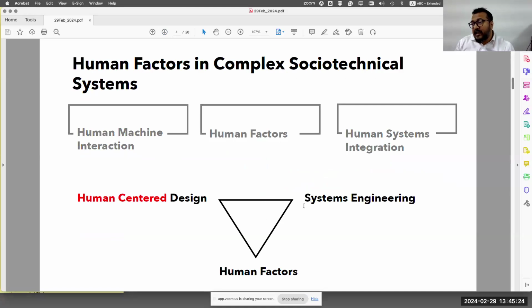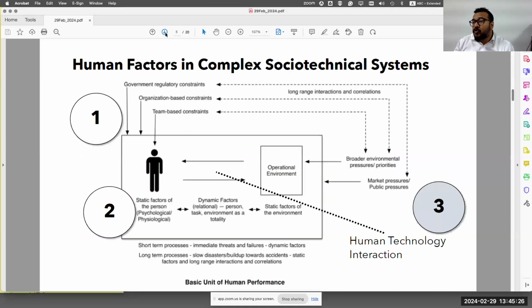The reason why we have to do this is because complex systems are slightly different from your everyday, non-complex, normal systems. These complex systems could be something like a power plant, or a soldier fighting in a battlefield, or a war control room. All of these aspects have a different dimension to them.